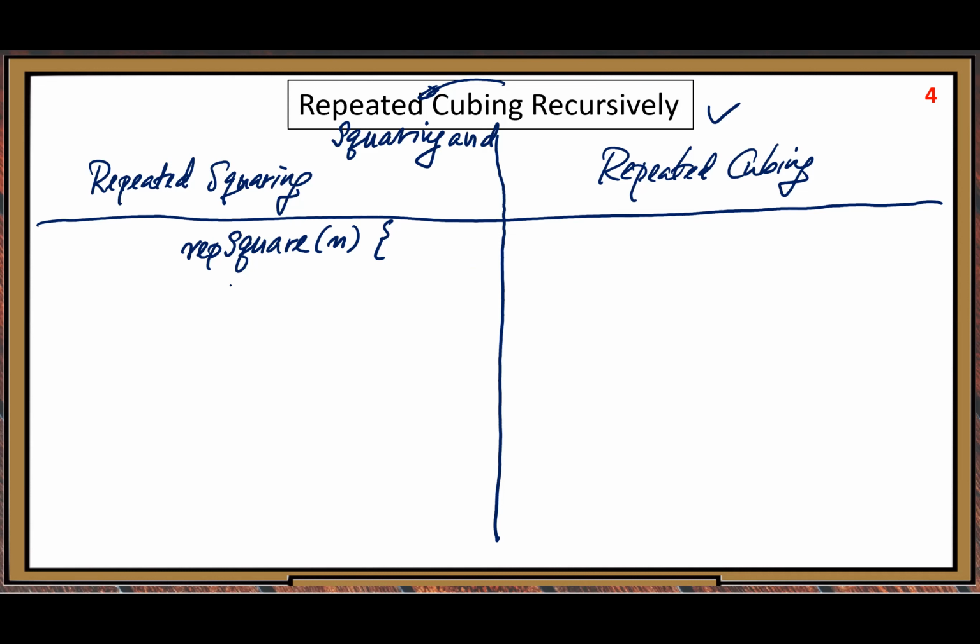So let's declare some variables. Initialization: answer equals 1. Some intermediate variable: power equals 1. Then, based on n being even or odd,